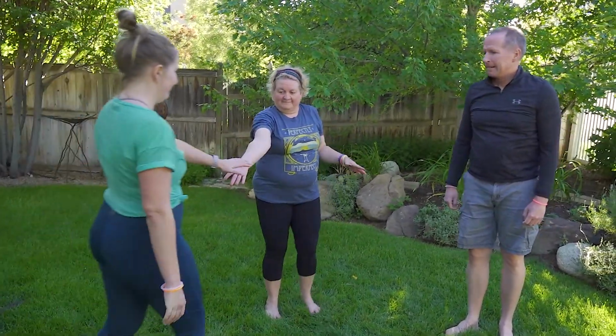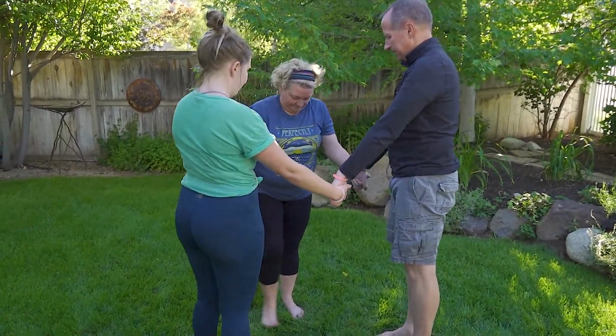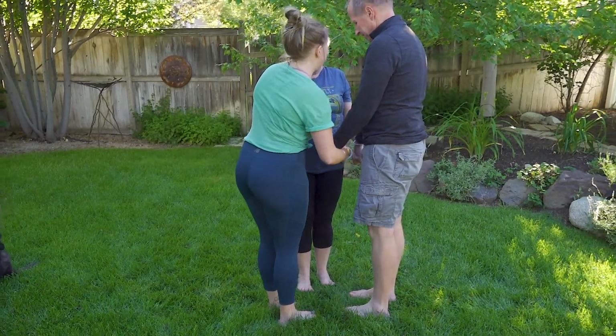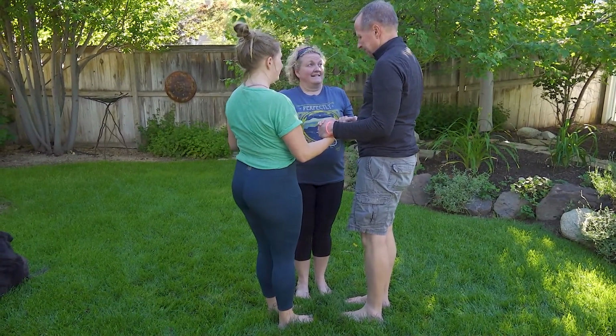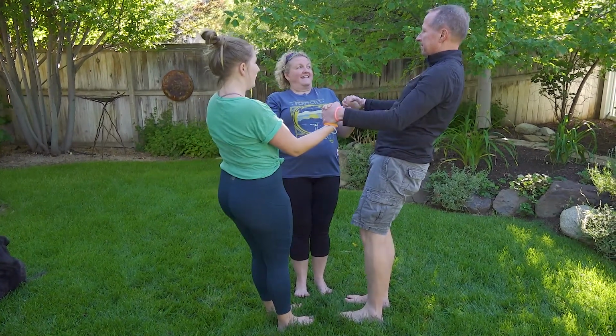Now, as a threesome, go ahead and grab hands again as a family. And you want your feet in towards center. Now, this is trust. As you lean back, maybe you start off with elbows bent and using your bicep strength, but then can you slowly straighten your arms? Working together,